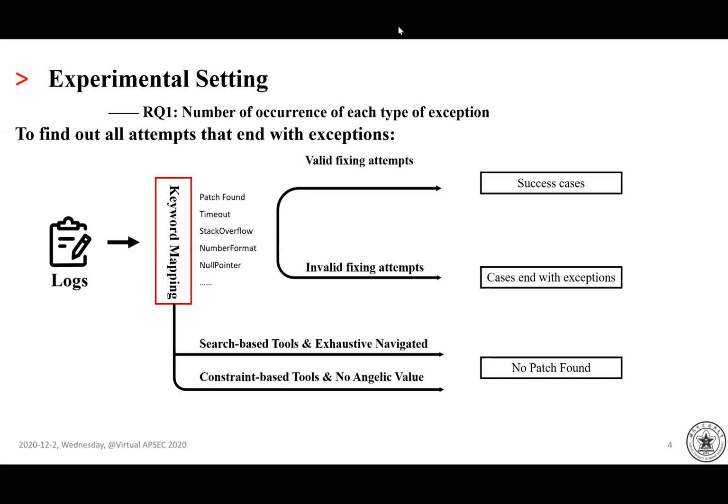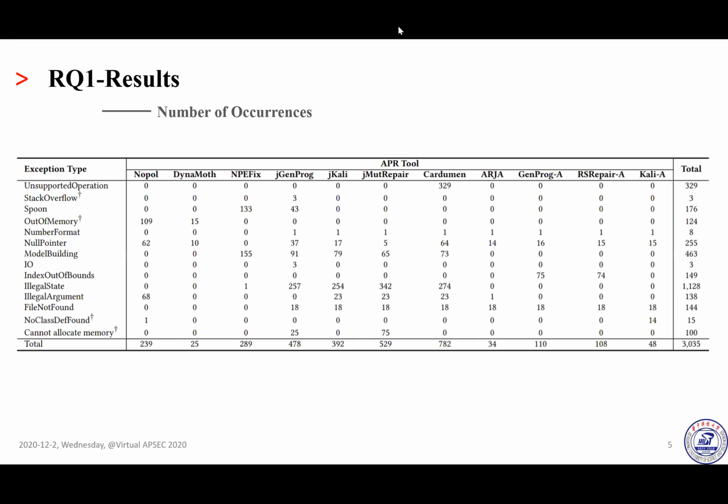of search space. We identified 3,035 exceptions from our dataset, which can be classified into 40 types based on exception messages, which account for 25.7% of all patches. This result indicates that a large proportion of fixing attempts suffered from the non-repairability factors during the execution, and it also demonstrates the importance of this paper to avoid the same problem in future studies.